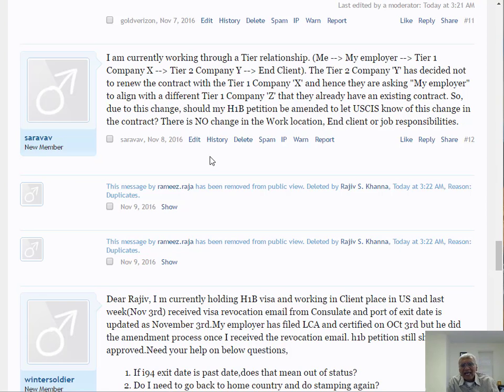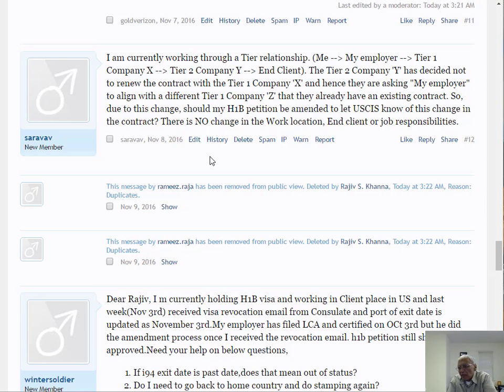So I do not know the answer to this question. It should be decided by a lawyer who's looked at the contract between the entity that's being changed, both up and down the chain, in comparison with the entity that was before. As long as the responsibilities and control have not changed amongst the parties, and you said the job is the same, work location is the same, I would guess, that's my guess, if everything remains the same, I don't see why you have to do an amendment. Nothing has changed substantially.